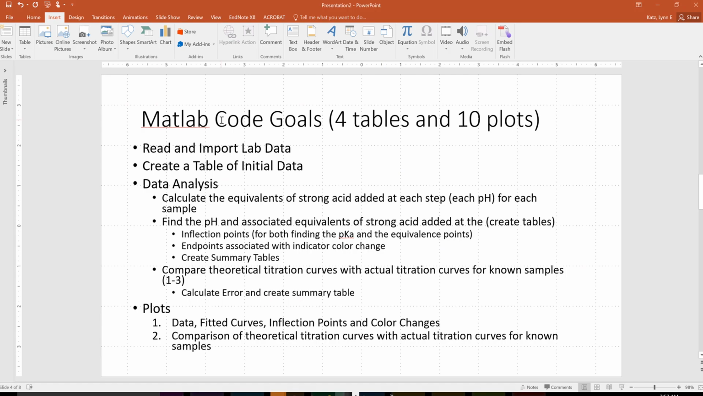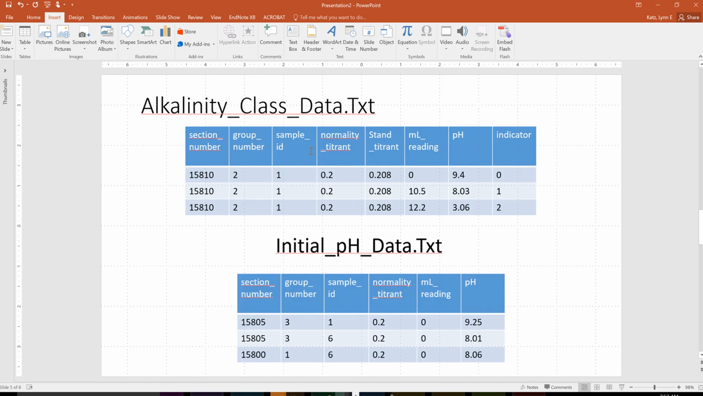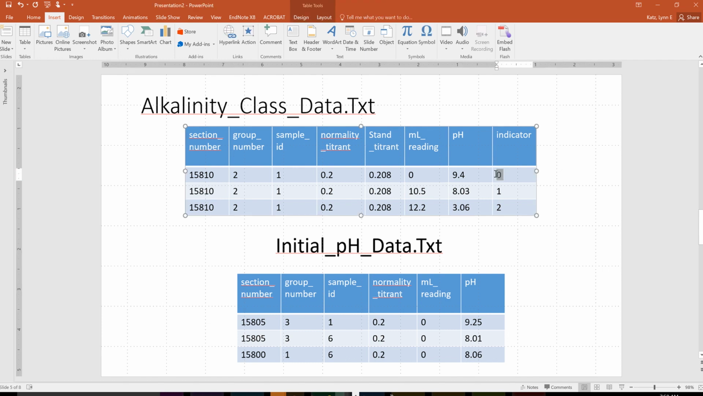Going back to the PowerPoint presentation, again, these are what the file does for you. Here's what you need to take a look at. This is an example of a few of the samples taken out of alkalinity class data.txt. You can see what that data looks like. You can see the normality of the titrant that we were trying for. When we standardize it, this is what we actually got. This was the milliliters associated with getting to the color changes, and you can see here is the